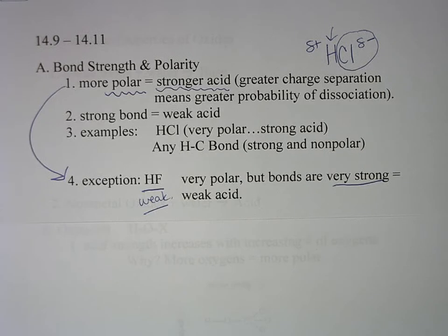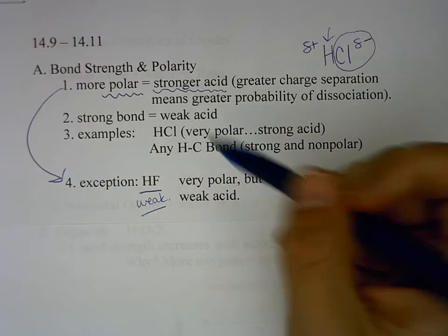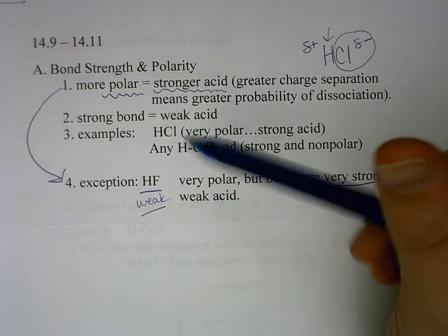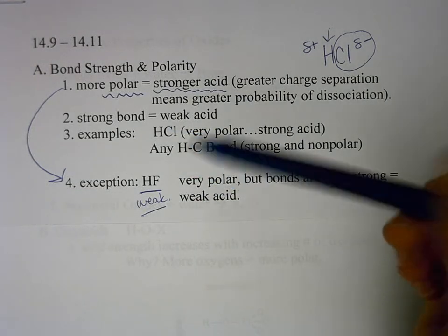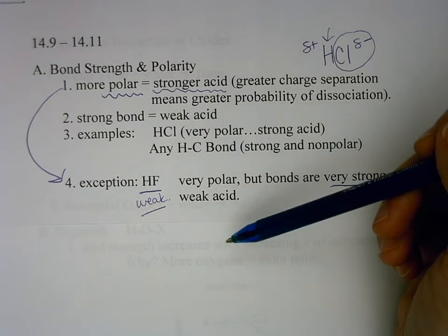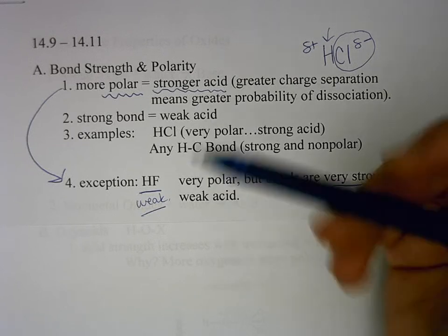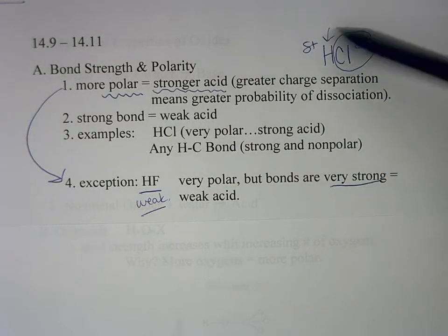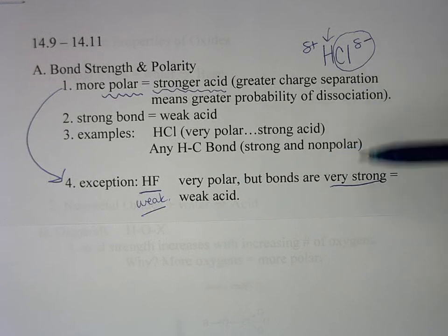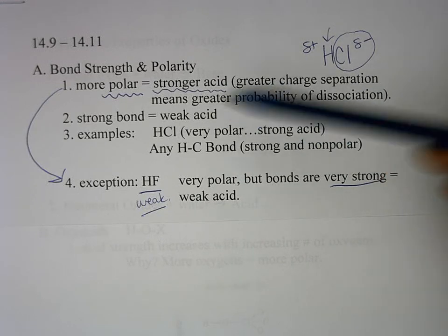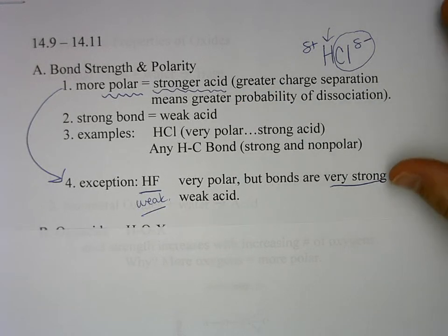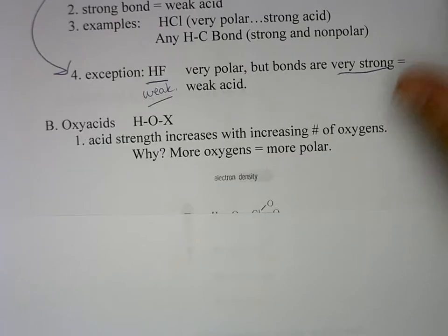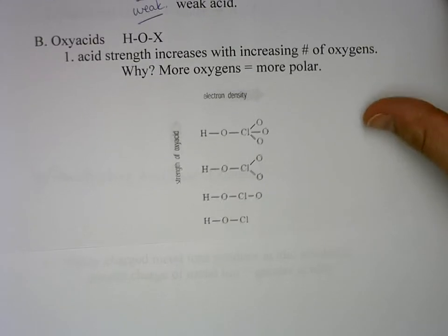a really small atom, and so the charge is still kind of close together and holding that bond in strong. So if the bonds are strong, then it's a weak acid because it holds on tightly to the hydrogen and doesn't allow it to leave the molecule and dissociate very much. So those are weak acids. Stronger bonds, weak acids. Weaker bonds are stronger acids because you get more hydrogen. All right, so now